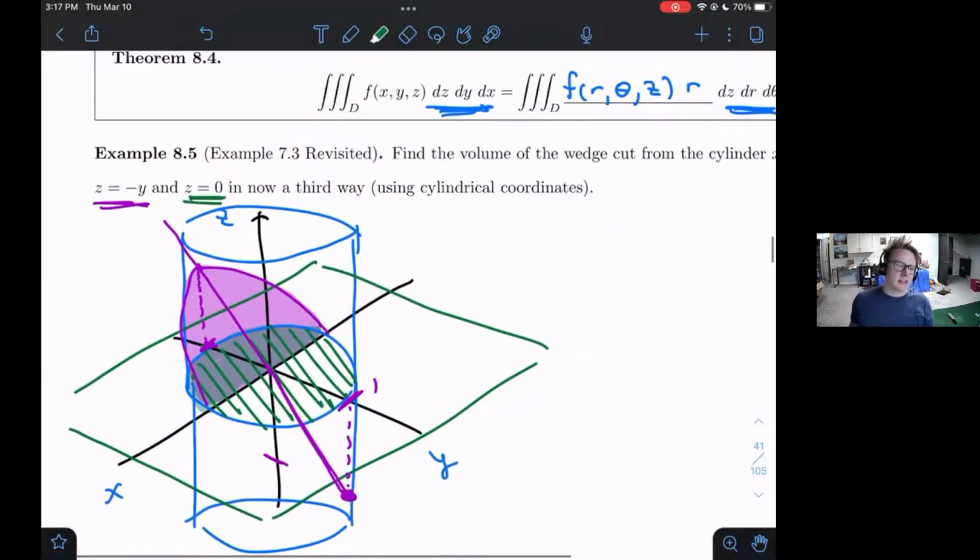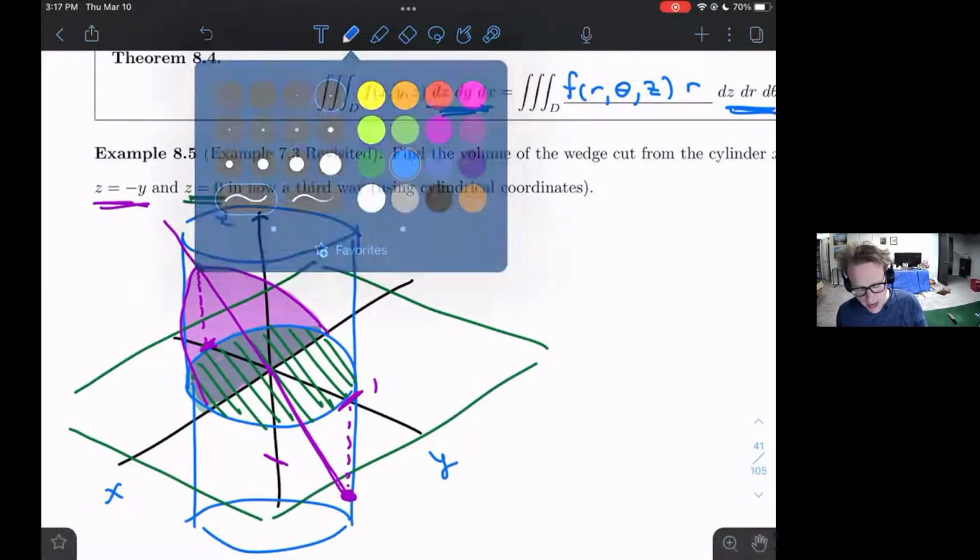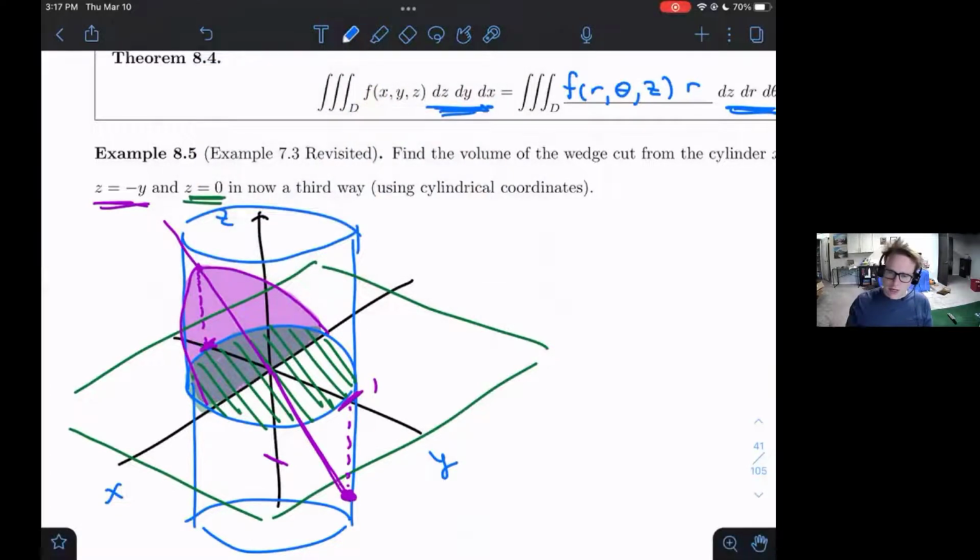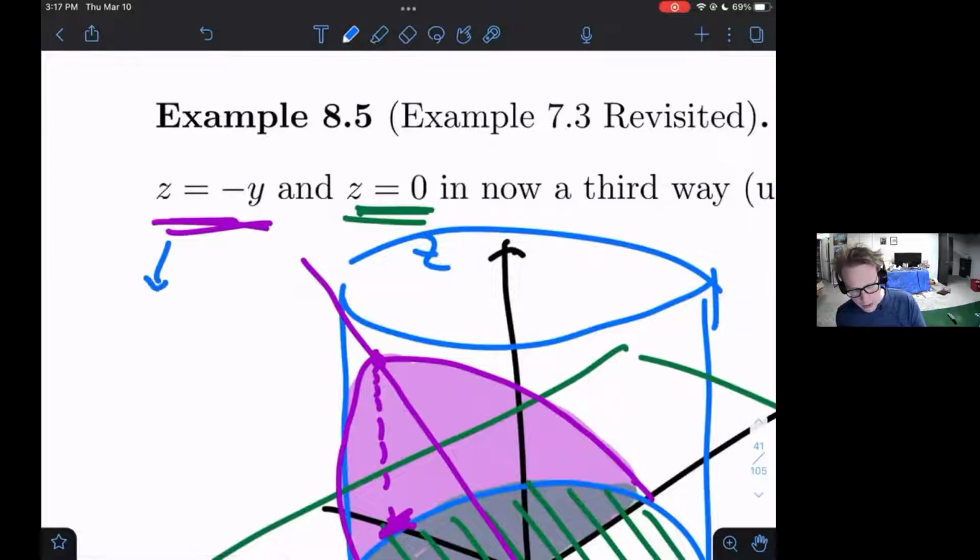So between z equals 0 and z equals negative y, and inside of the cylinder x squared plus y squared equals 1. By the way, notice that I went right into sketching this in x, y, z space rather than doing the RZ half plane. The RZ half plane is great for many pictures. But in this case, if we were to sketch this or transform this into cylindrical coordinates,